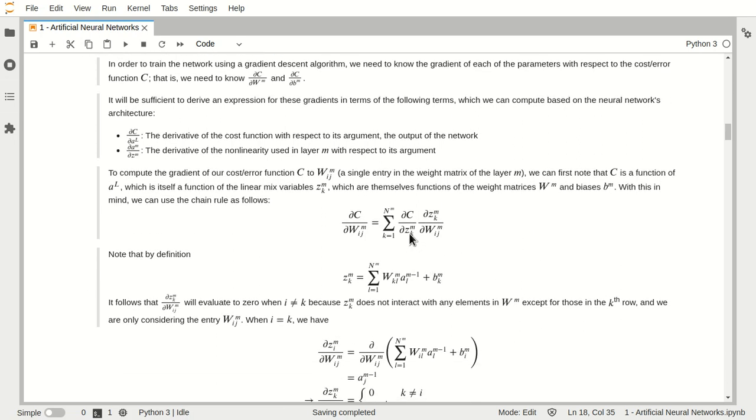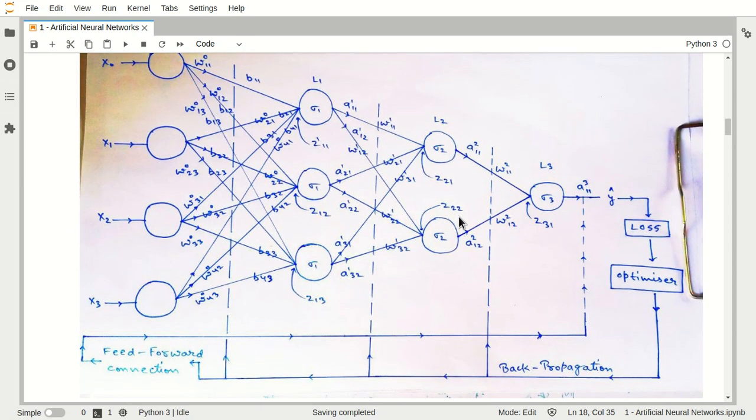Just try to focus here. So what is the chain rule? We have to calculate C with respect to W, but C is the cost, the loss is here, and the weights are here. So can I say that this loss will depend upon this output, and this output will depend upon this one? Or this loss will depend upon this Y prediction, and this will depend upon these connections.